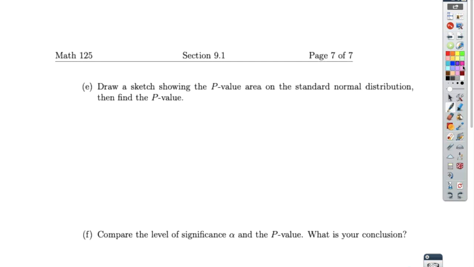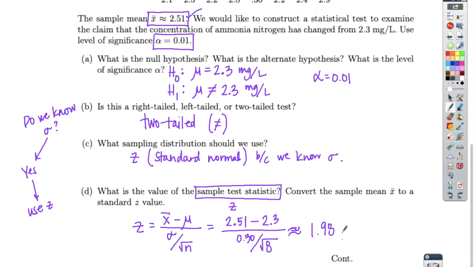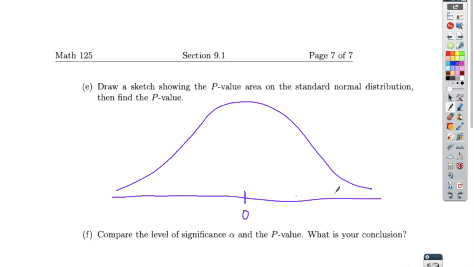Now, draw a sketch showing the p-value area on the standard normal distribution and find the p-value. So here's what that's asking. Let's draw a normal distribution. That one's a little bit wonky, but that's okay. Remember, on the standard normal, the mean, the middle of the distribution, is 0. And our z-score that we found was 1.98. So on my standard normal curve, I'm just going to sketch this anywhere because I don't know exactly what this one looks like, but here's